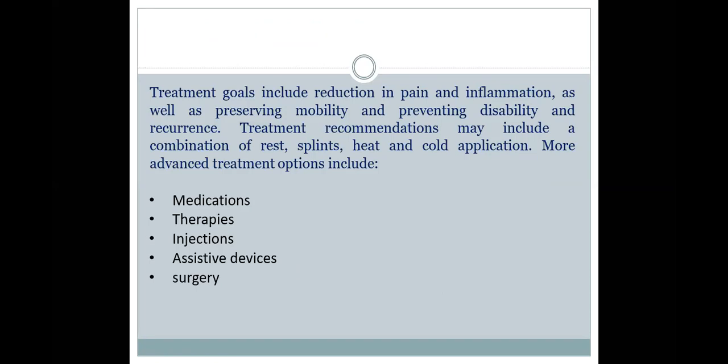Similarly, topical creams with anti-inflammatory medications can also be used. Please add here the pain relievers under the medication. We can use the NSAIDs such as ibuprofen or aspirin to relieve the discomfort associated with tendinitis and bursitis. Similarly, topical creams with anti-inflammatory medications can also be used. They will also be effective in relieving the pain without potential side effects. Okay, clear. And next one, physical therapy, I have already said.